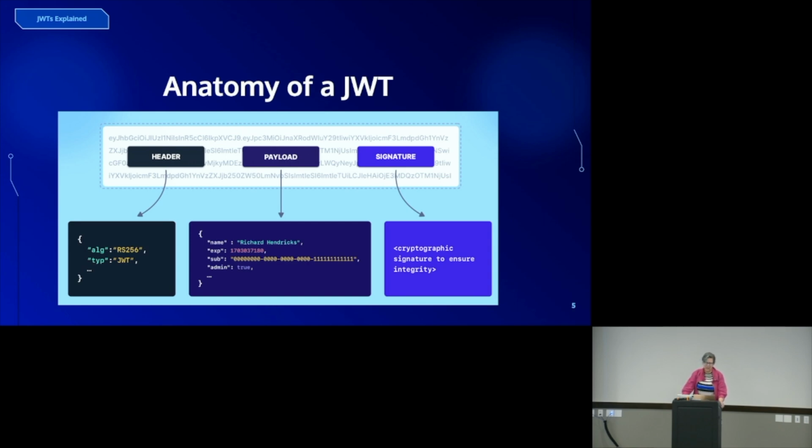So the JWT has a header on the left there, and that tells what algorithm is going to be used to sign the signature portion. So it could be HMAC, SHA-256, could be RSA, but the type is always going to be JWT for a JWT. The payload has the claims. I'm going to talk a little bit more about those in a minute. Those are the bits of information about the user that are interesting, and then we want to be passing around. So the user ID is a really great